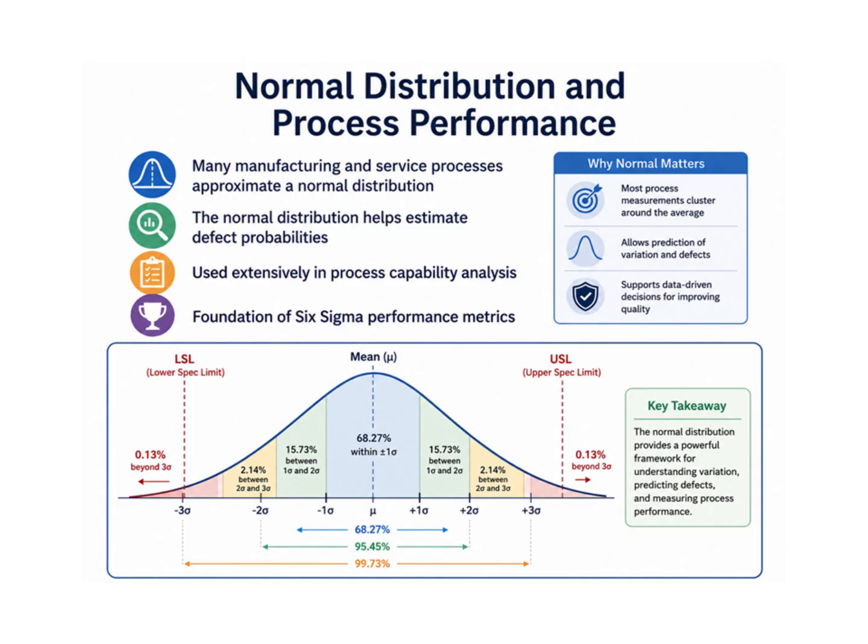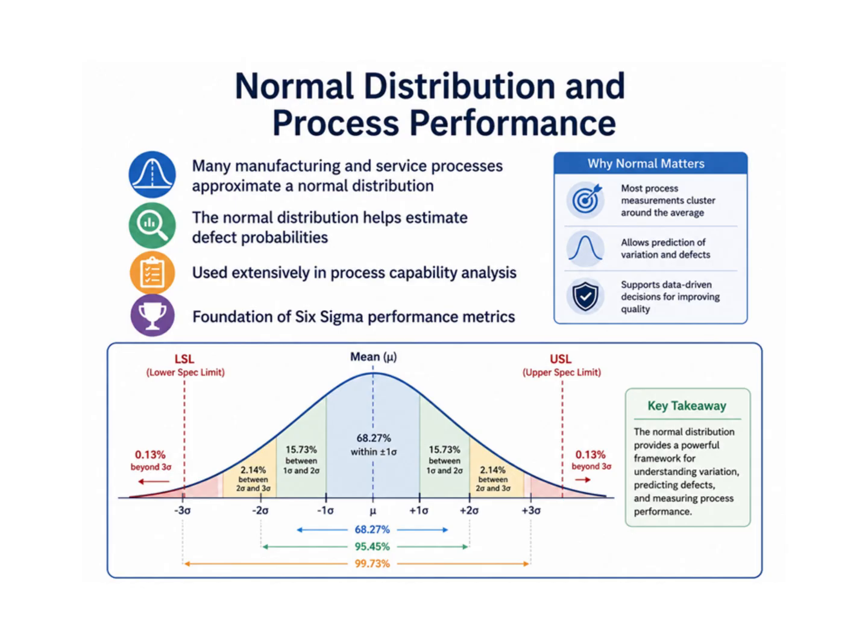This distribution provides the statistical framework for estimating defect probabilities, evaluating process capability, and understanding natural variation. This is one of the foundations of Six Sigma analysis. If we understand the process mean and standard deviation, we can estimate how much of the process output falls within